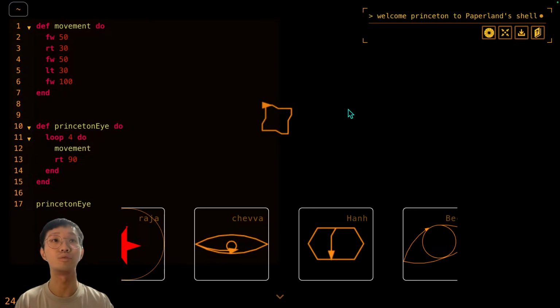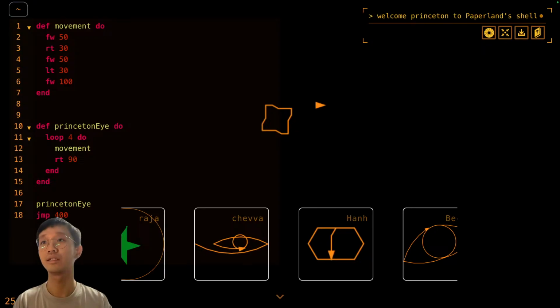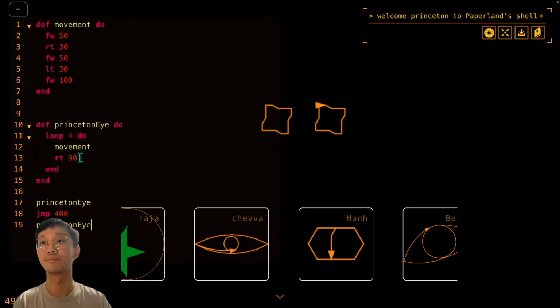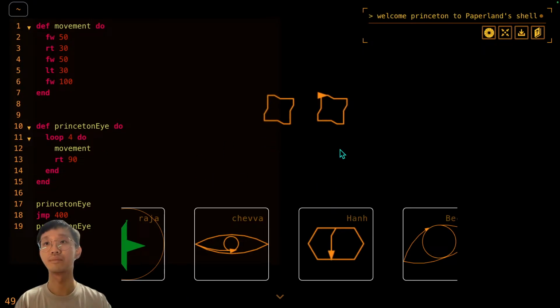So then I want to draw one side by side. So I will jump maybe 200, 400, and I'll do Princeton's eye again, like this. Then I would want to,